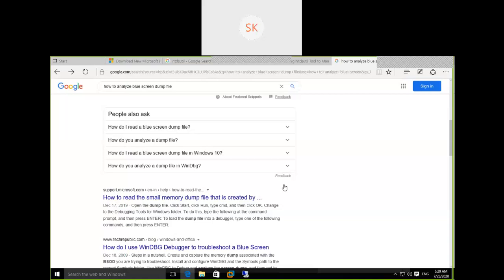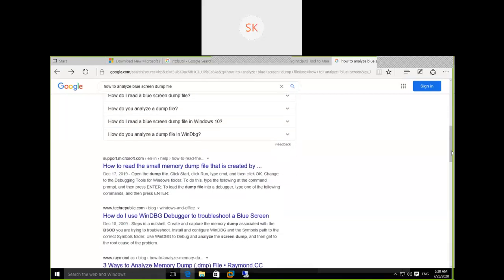Whatever file is there, you copy it from that location to your desktop system or another server where you load the tool. That tool is the Microsoft tool WinDbg. See, the article: how do I use the WinDbg debugger to troubleshoot a blue screen error?